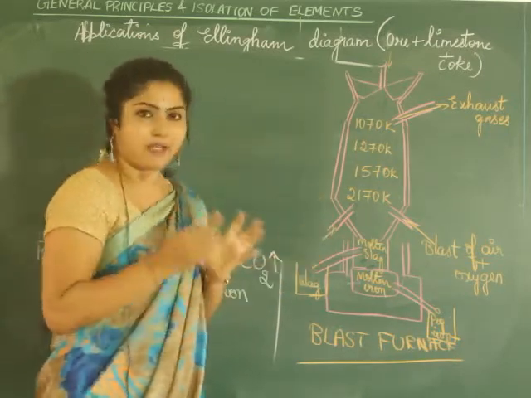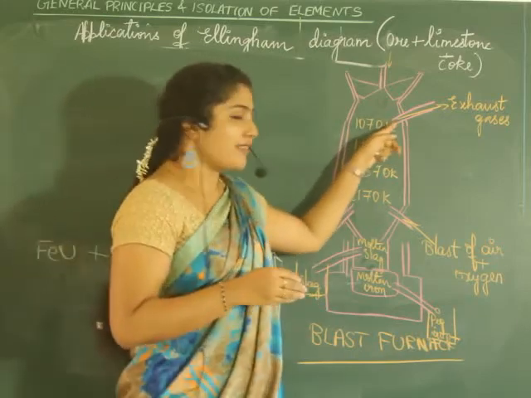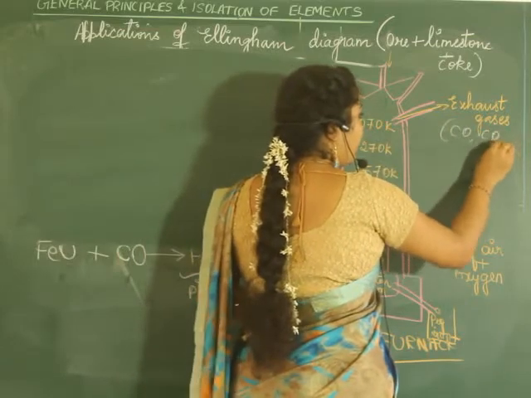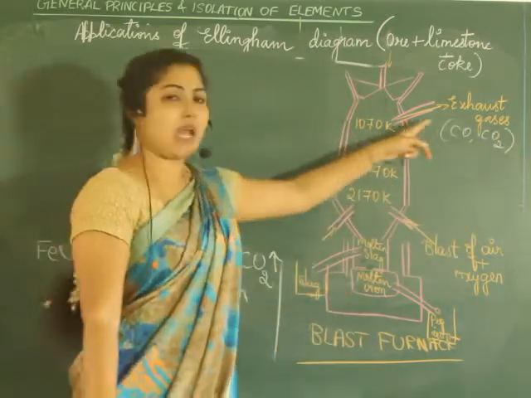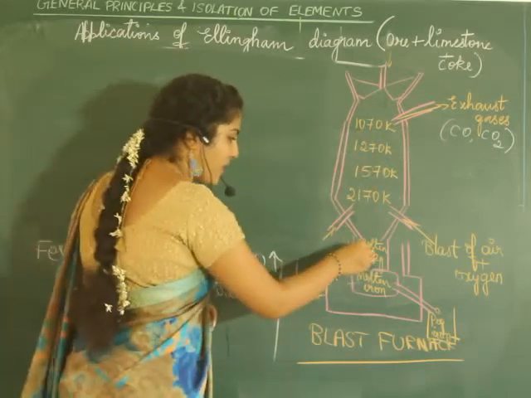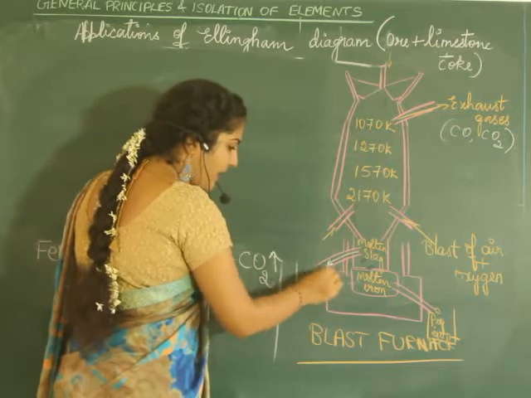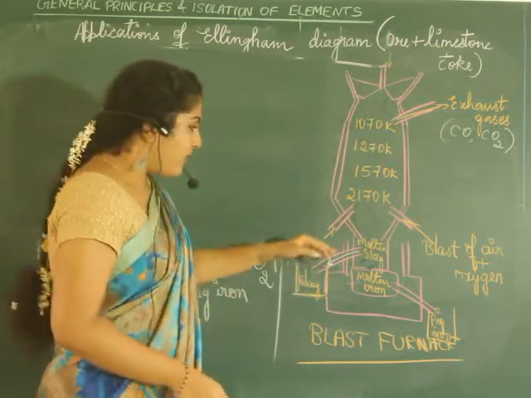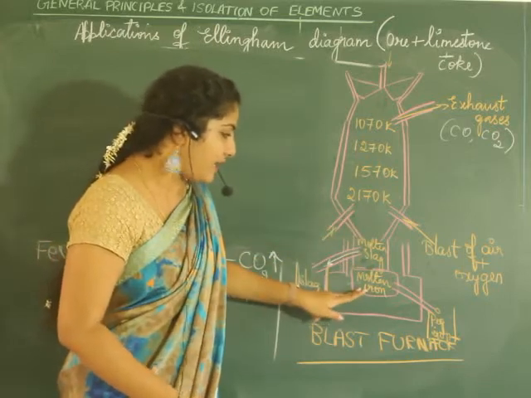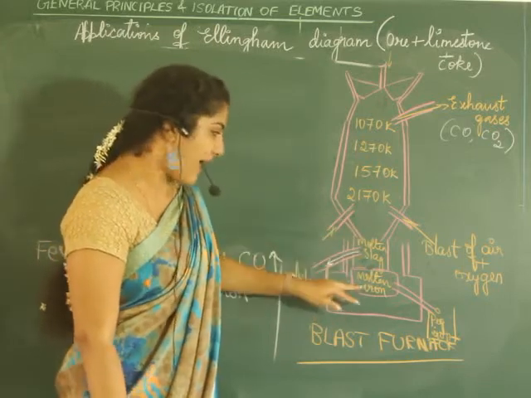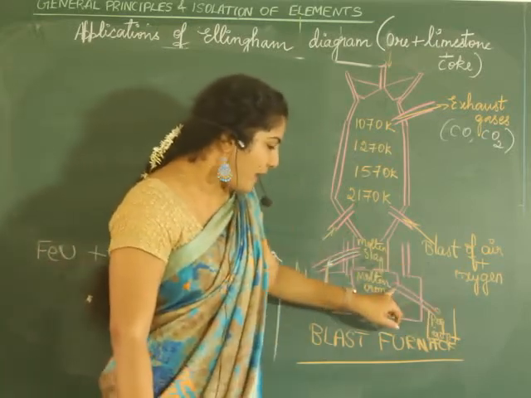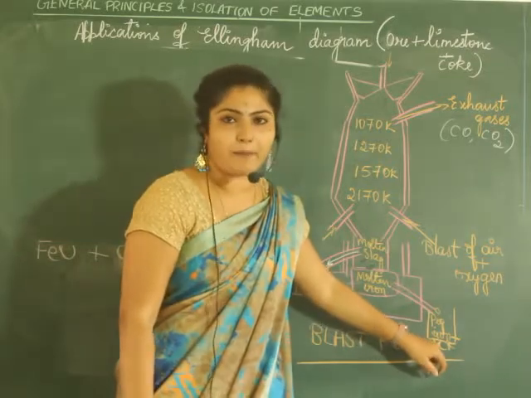So you can see this diagram. Hope it is clear. The exhaust gases like carbon monoxide, carbon dioxide will be passed through this outlet here. And here you can see molten slag. Molten slag means which one? Calcium silicate. It will be collected in a separate container which will be present above the molten iron. Iron gets collected below the slag zone, and here this molten iron has a different outlet where it is collected as pig iron.